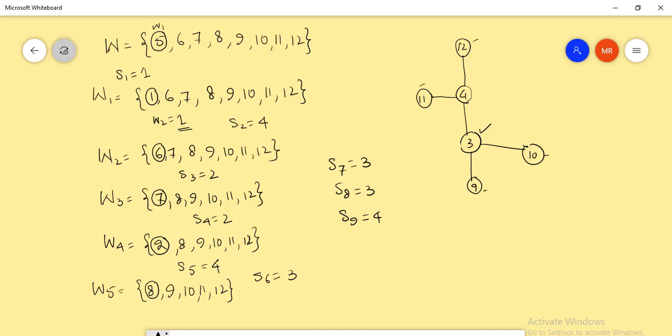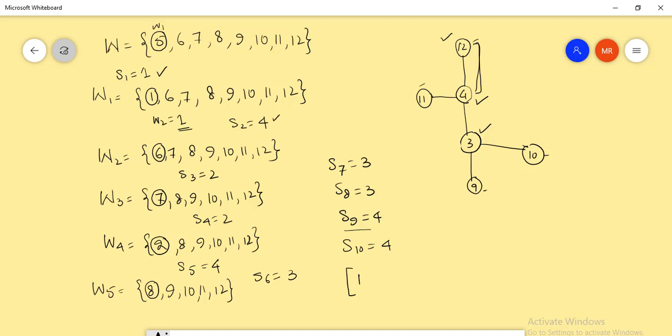and at this stage we will have the tree consisting of two vertices, this 4 and 12. If we reach this stage and we keep on deleting the terminal vertices, then at the end we will be left with only this part of the tree. The label of this vertex is 4, the label of this vertex is 12, hence S10 will be considered as 4. So the unique vector which is associated with this tree is S1 is 1, we have computed S1 which is 1,